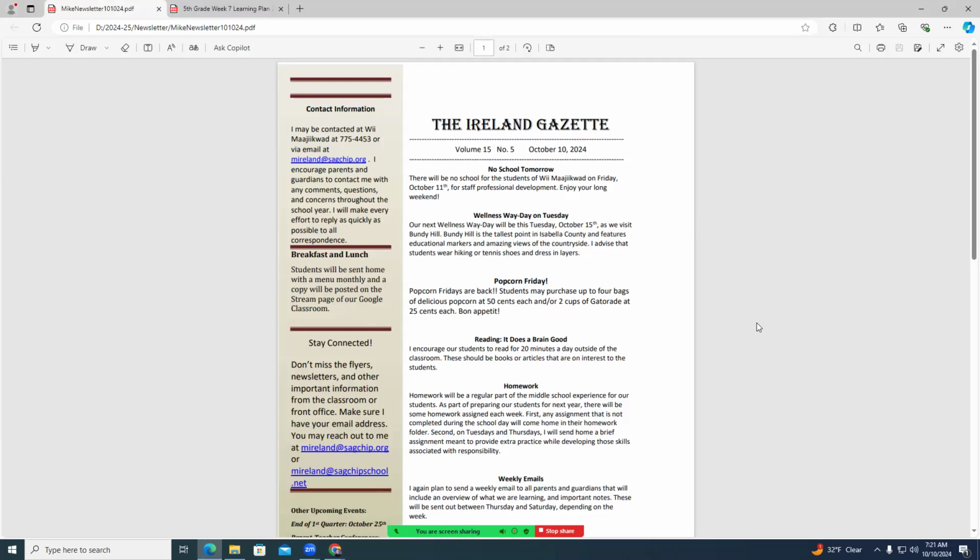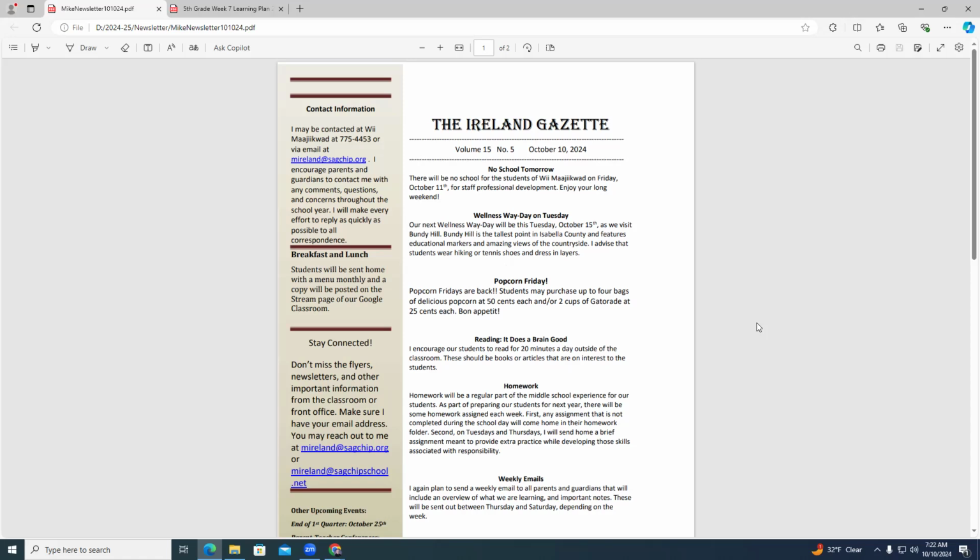Looking at our newsletter, this Thursday edition comes with no school tomorrow. So there will be school today, unlike some of the neighboring schools. This is the best place to be. But tomorrow we're going to do professional development, so we'll be here, but your students get to enjoy a wellness day off. I encourage them all to take like 20 minutes to read, maybe spend some time in a positive way together, and get a little rest and relaxation before we finish the end of this quarter.